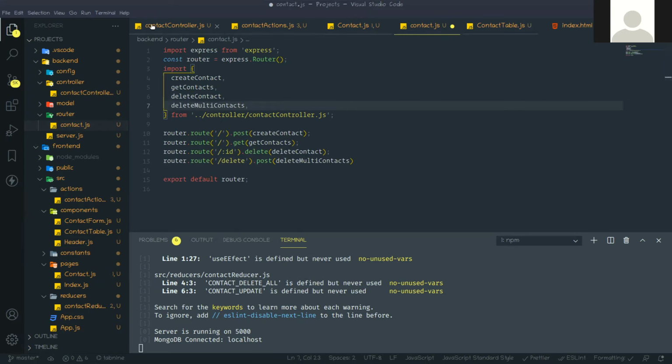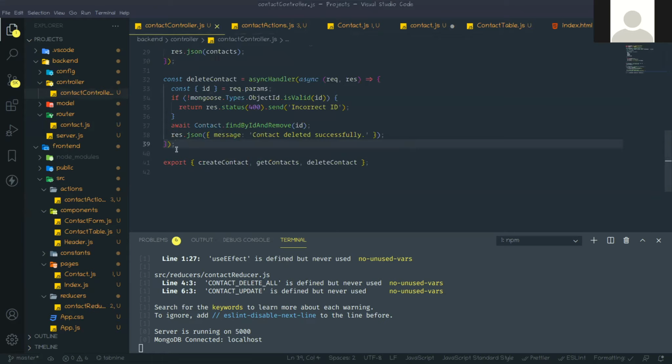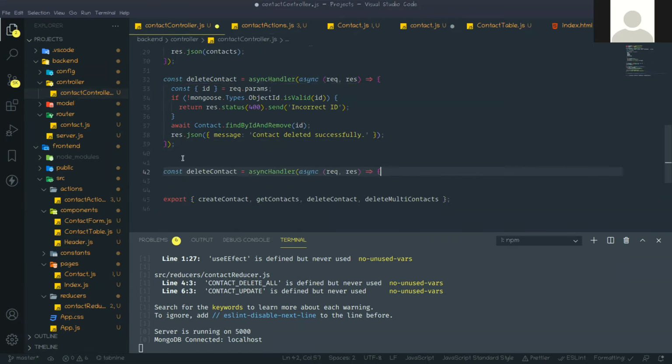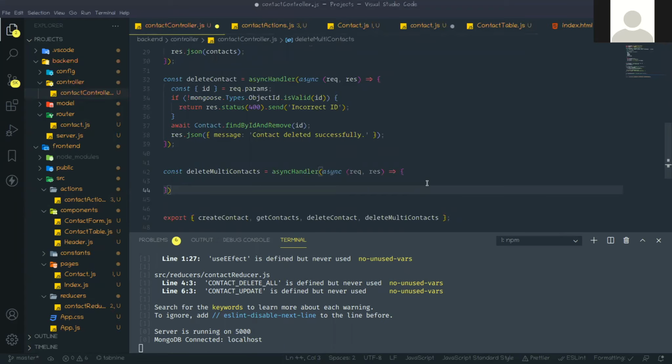Go to the contact controller, where this is a contact controller. Now we need to export this method. Just copy this line. Now we will get that id in this body, right?